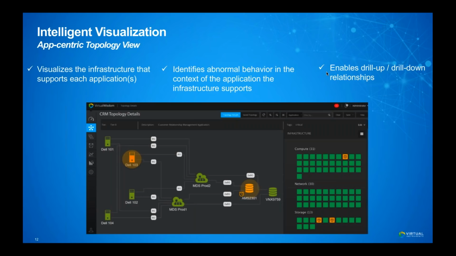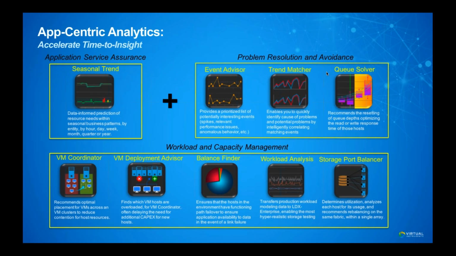But for me, having been in the industry quite some time now, I remember the days when we would take a network diagram and use a massive plotter to print a topology view that would consume an entire wall and was out of date by the time the printer stopped printing it. By taking an application-centric view, now we're just picking out the pieces of that massive infrastructure that are relevant to the conversation you're having, relevant to the application owner on the other line saying they have a new feature rolling out or a new workload they need to support, or relevant to the business unit asking, what's happening with the seasonality or cyclical nature of my application?